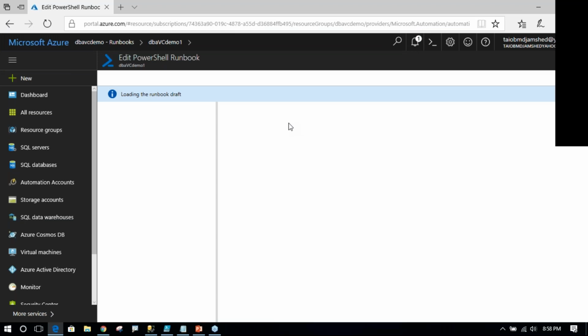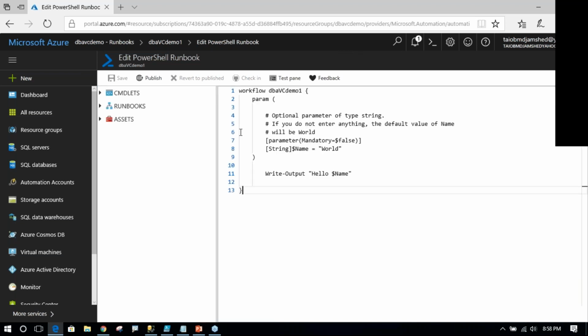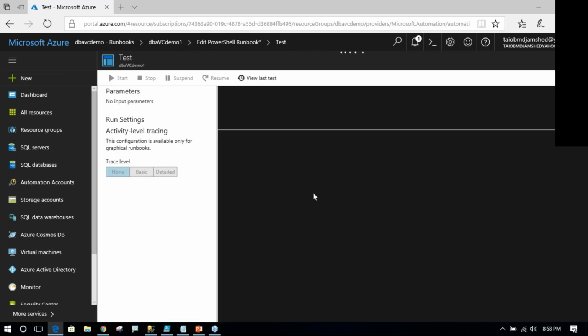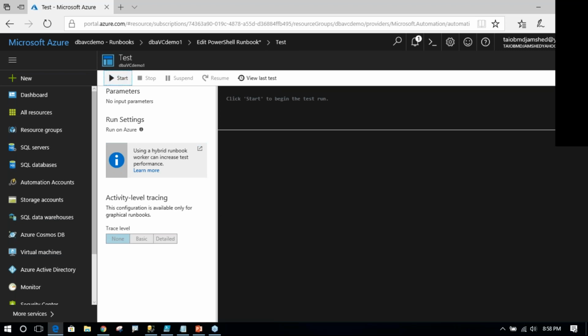So from the same place, you can go to edit. This gives you the authoring of your runbook. And what I did here, as you can see, is very simple. I'll talk about workflow later on. It just has a parameter, and I say it's not mandatory. It's name, default world, and then I write output, hello name. You can see here, I can either publish it, I can save it without publishing, or I can even test it from here. So before you publish it, you can test it from this console. And now if I say start,